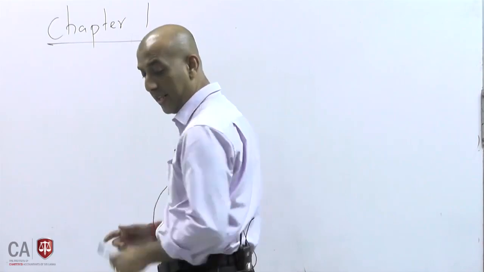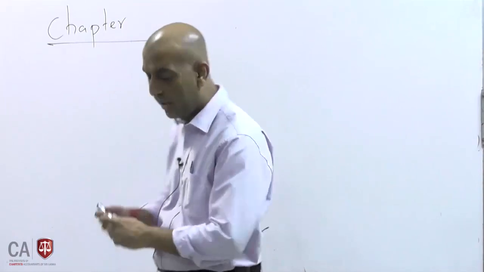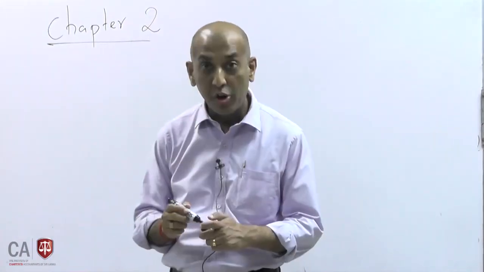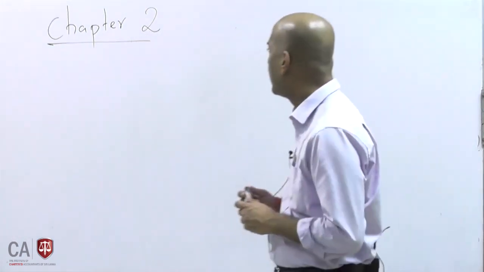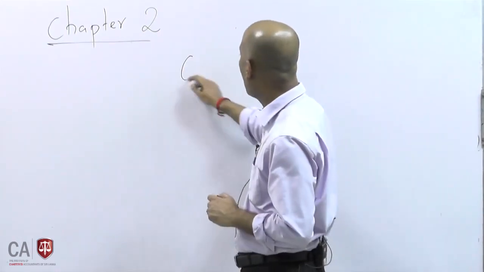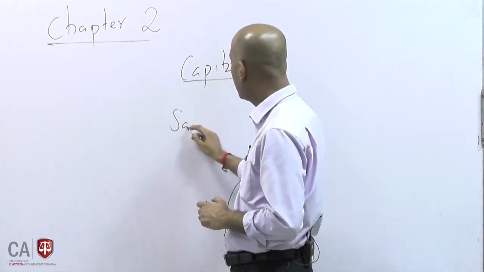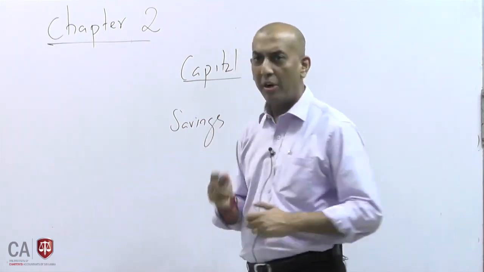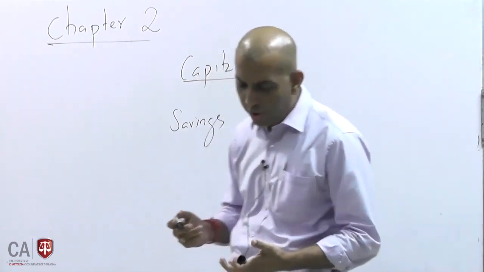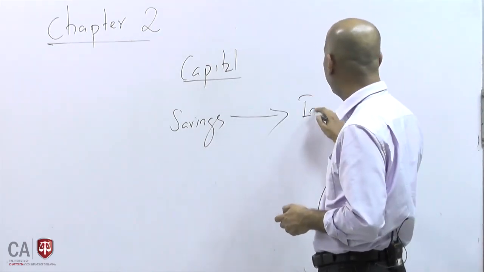Then we look at chapter 2. Chapter 2, we quickly run through that. Chapter 2 in your study pack. Please look at chapter 2. It's about capital formation, how the capital is getting formed. Capital is formed generally from the savings. So anybody who starts saving some money and saves continuously will see it result in investments.